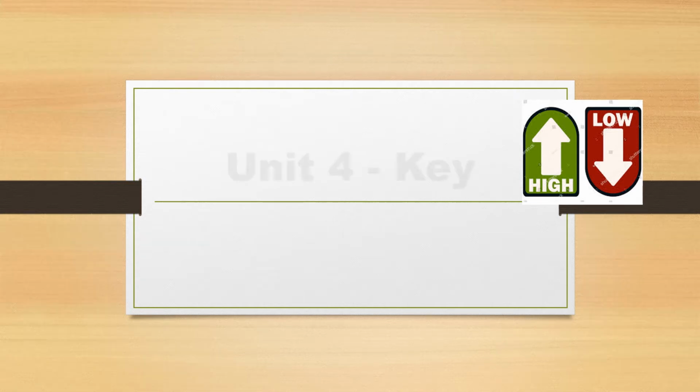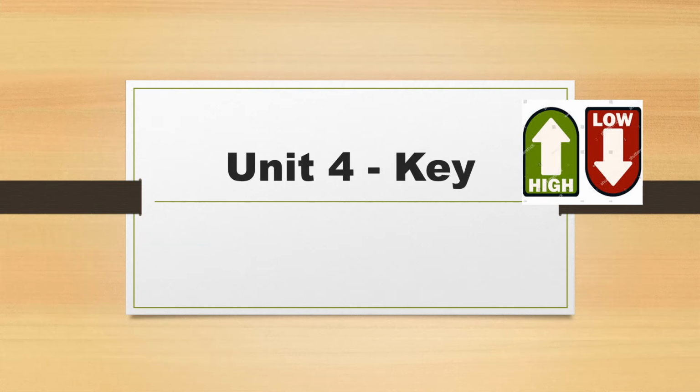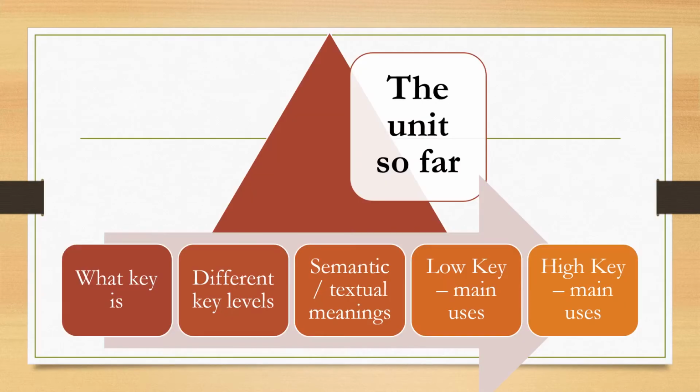So this is the second part of Unit 4 on key. Let's review some of the topics that we have seen so far in the unit. We have defined the concept of key as pitch level differences. Then we have discussed the different key levels or pitch level differences. And then we have discussed in detail the semantic or textual meanings that are expressed by the different pitch choices